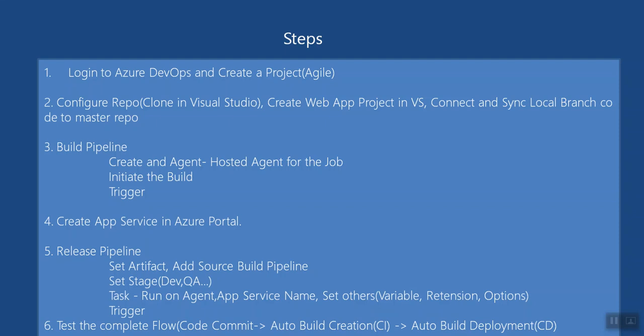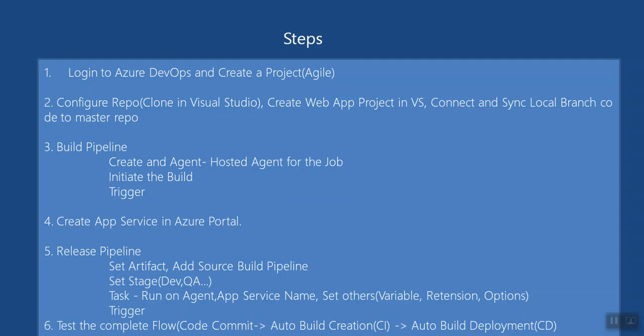So right now, as I said, there will be a continuous series, parts 1, 2 and 3. In the first part we'll see, and I have only one login, I have to create another branch, and that will take time. So we'll keep it simple. The developer does the code change, commit, we have to do a sync, and then done. I mean, build will be created. So those things we will see.